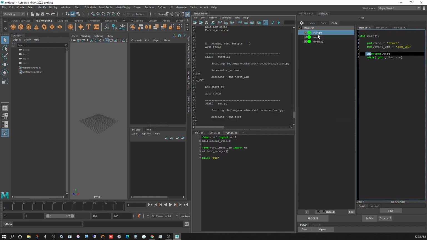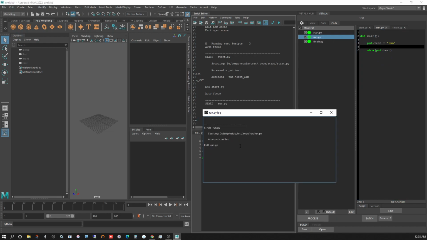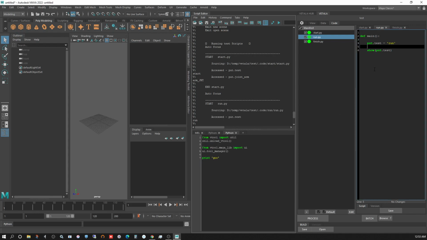So if I go to run, and I do show put.test instead of print. And again, if I go to run show last log, it didn't print it here. So now after I change it to show and I run this again, it'll show up in the log. And so I'll do this as well. I'll change these prints to show. And now if I process this